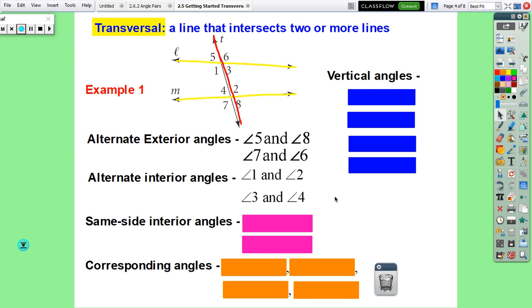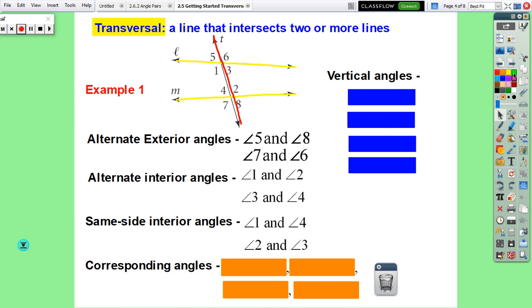Same side interior angles would be, same side means on the same side of the transversal, and interior means on the inside of the parallel lines. So same side, interior, so they're on the same side of the transversal and they're inside the parallel lines. So 1 and 4 would be same side interior, and 3 and 2 would be same side interior. All right,